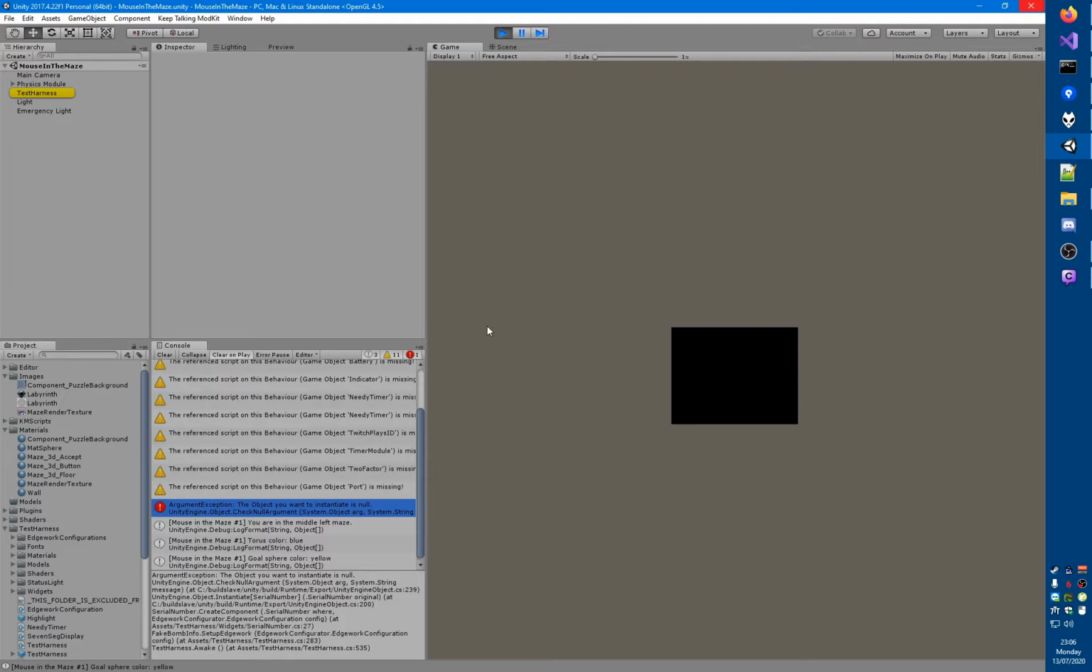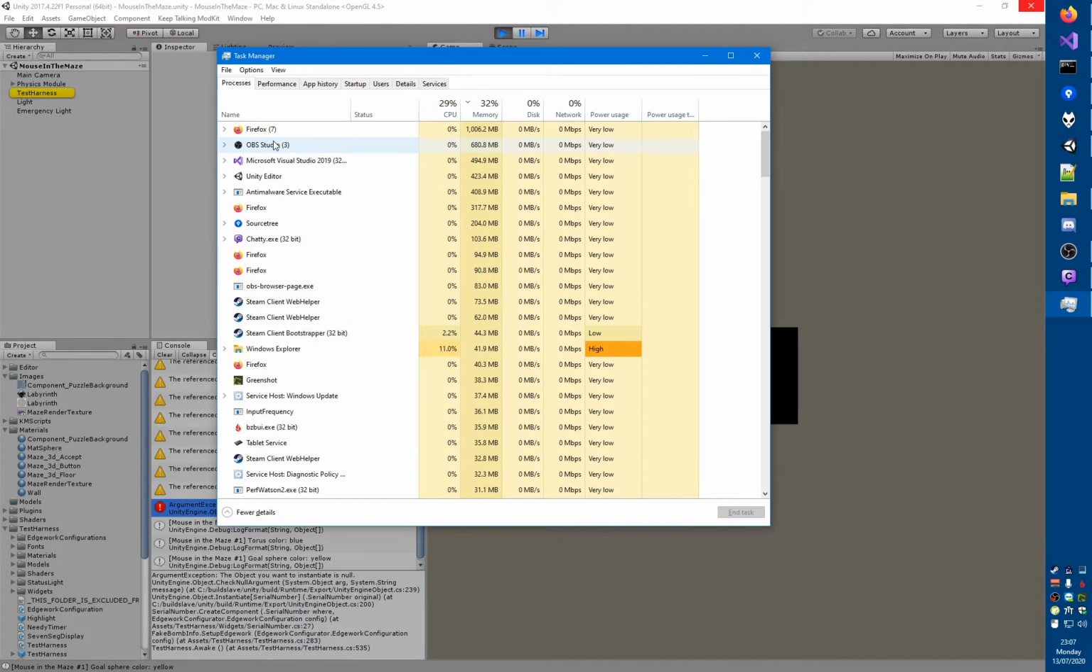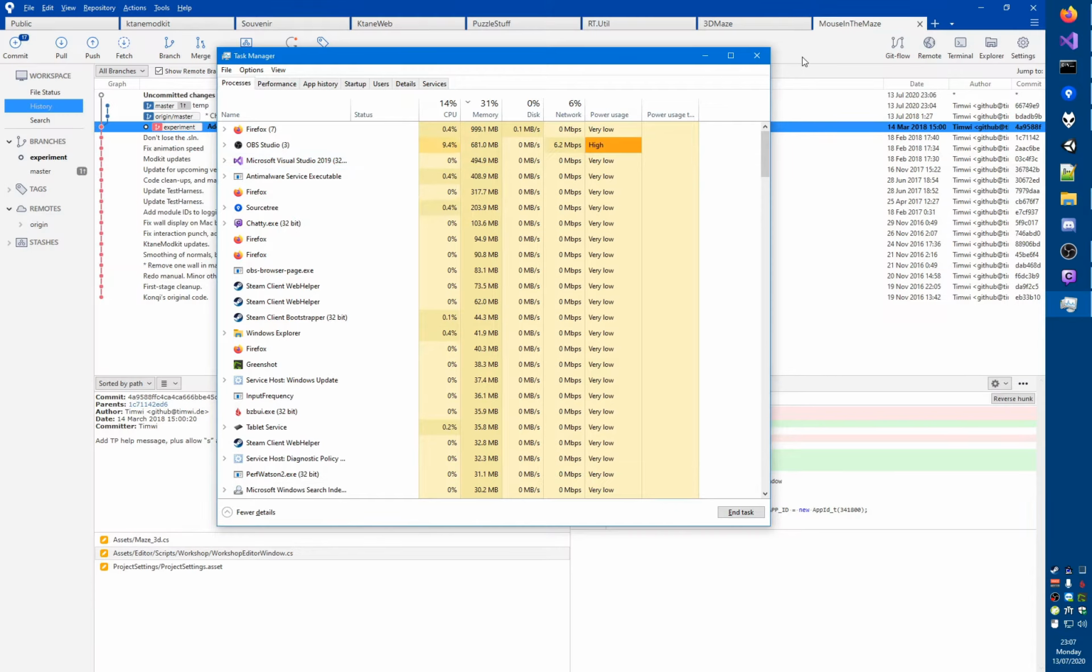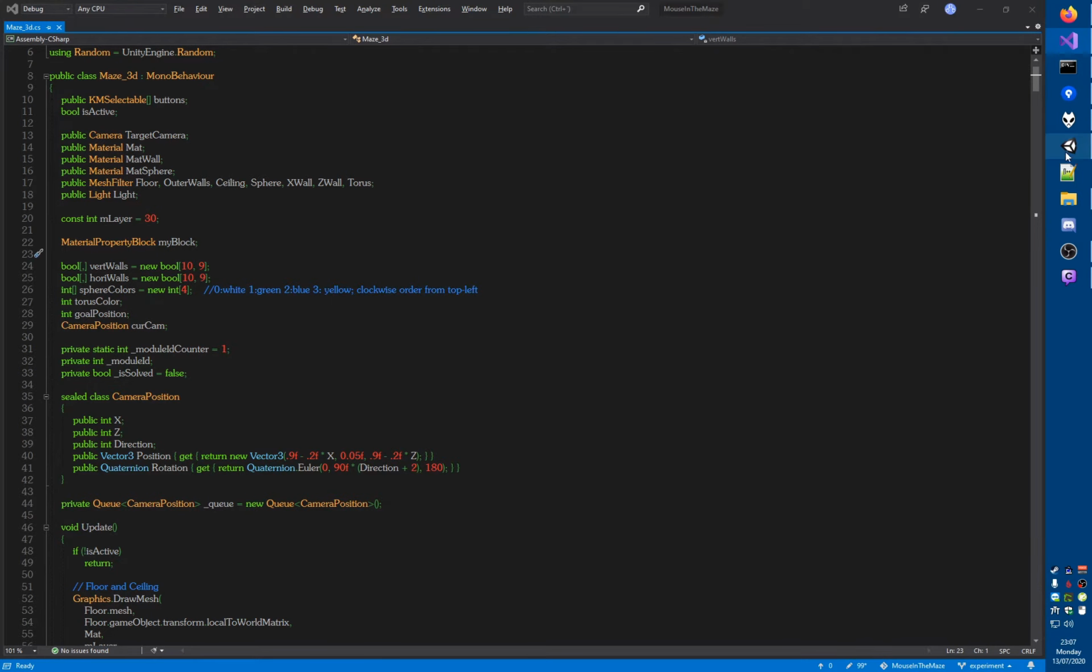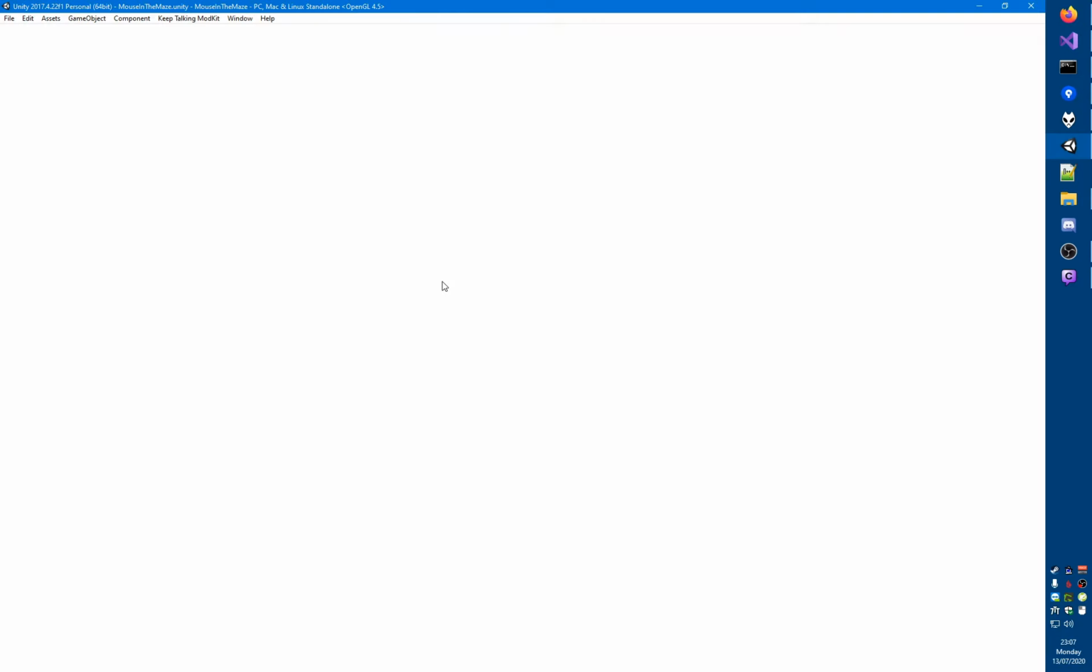Wow. I'm being hit by the biggest flurry of problems I've ever encountered. I'm going to have to kill Unity. Which is unfortunate. But we can always just start it again. And this time, instead of running the module, we can take a look at the,